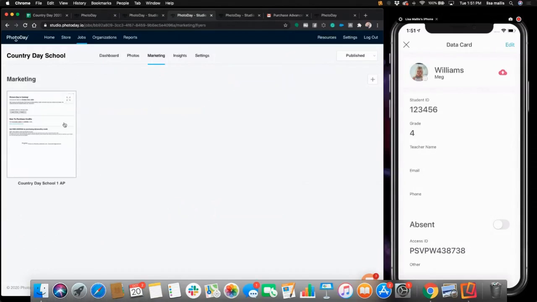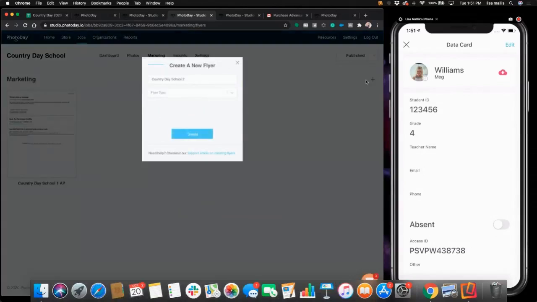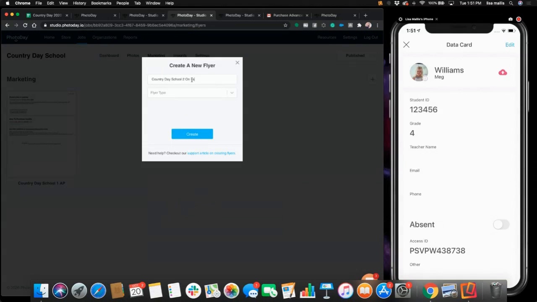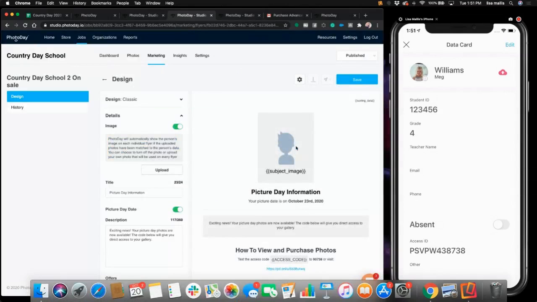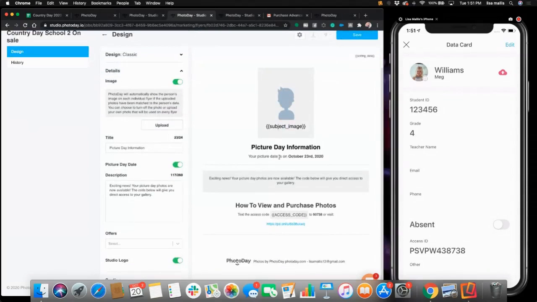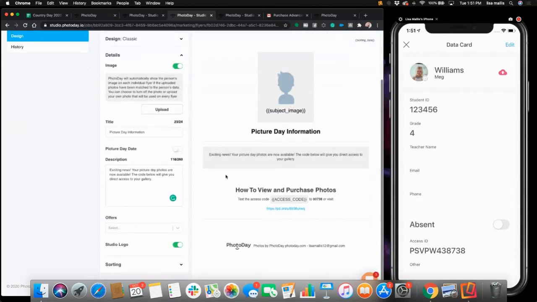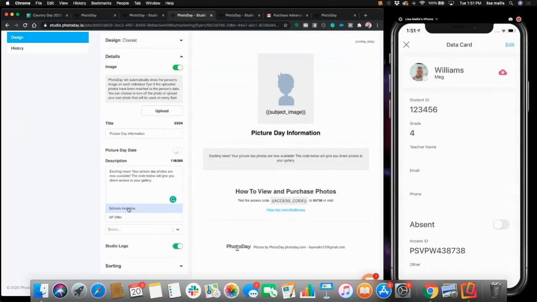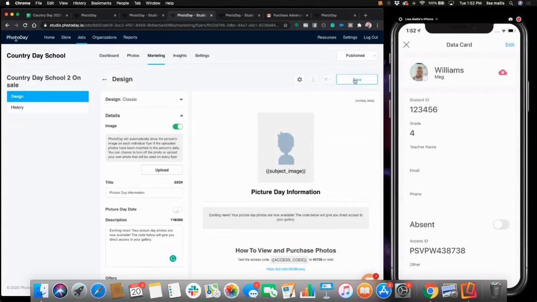But more importantly, I want to make another flyer to tell everyone their photos are on sale. So I'm just going to call this one my on sale flyer. And I'm going to create another flyer and email everyone now that it's time to go buy your photos. So it's going to have all the information on here for me. I'm going to turn the picture day date. If you're doing retakes, you can put something about retakes in this box. If you wanted them, let them know. If you're doing a gallery promotion or an offer outside of the advanced pay offer, you can attach it to the flyer and it'll appear down here. I'm not going to do another offer. And you can go ahead and save